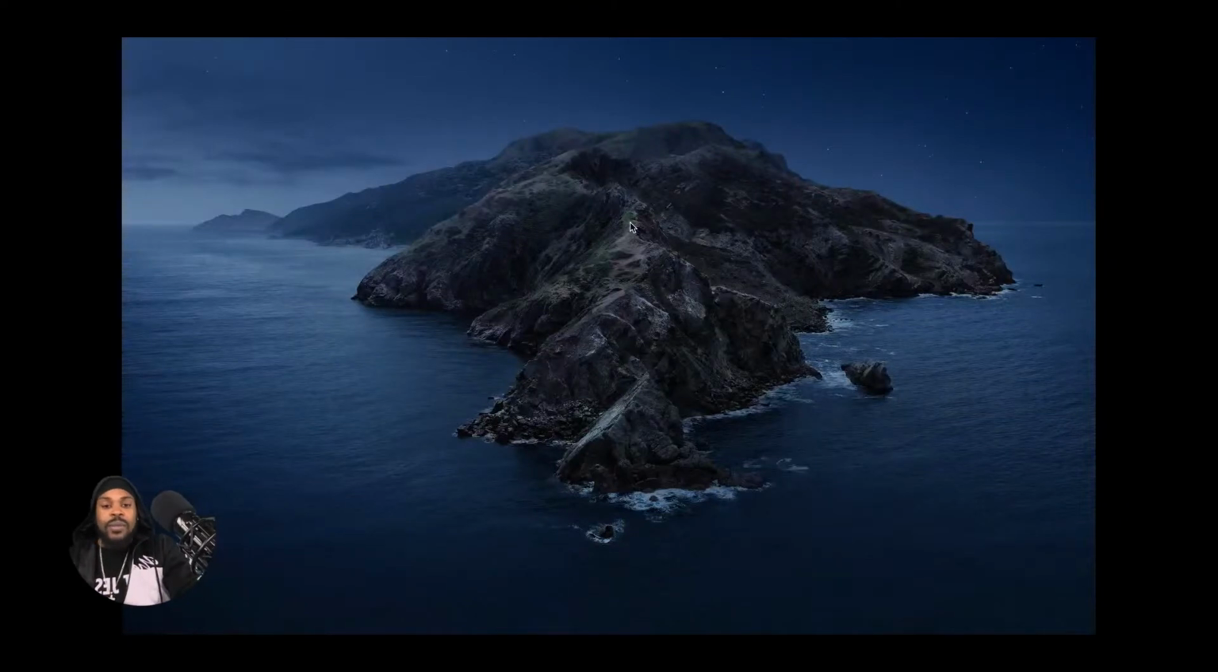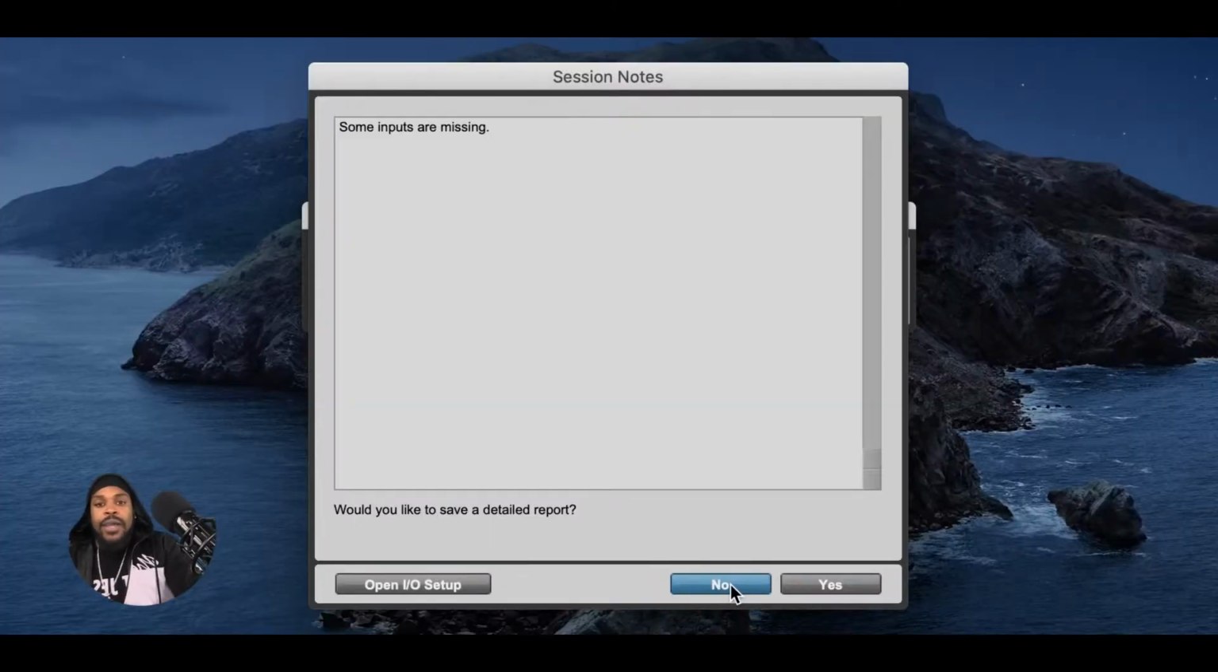Yeah, let's close that down. Restoring tracks, solo connections. All right, there we go. Some inputs are missing. No, we don't want to report it. Okay, so